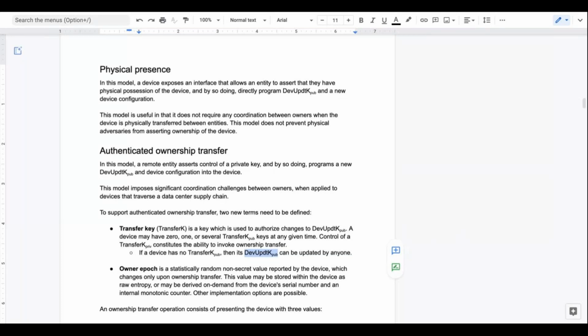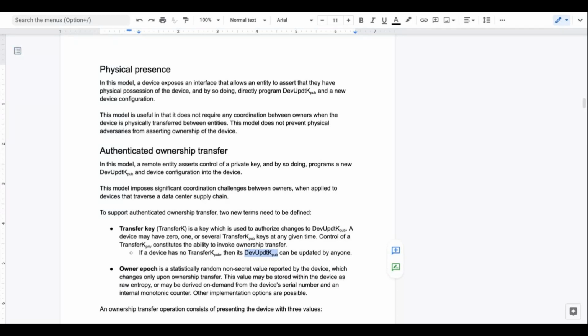Right? So the easiest thing in my mind, regardless of physical presence, is to say I have a device and I have the ability to put it back in manufacturing defaults. When I put it back in that mode, it erases all the secrets, and then anybody else can take ownership or do whatever they want with it, right? I agree that's the simplest.